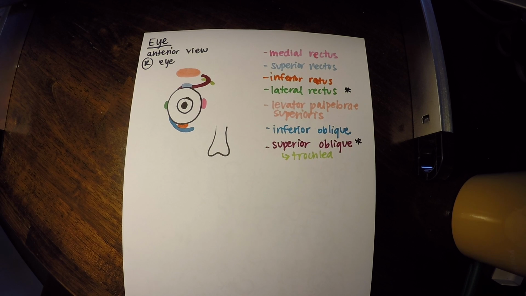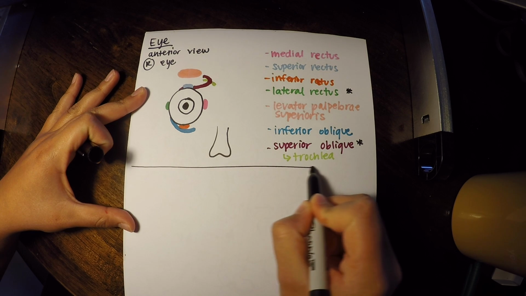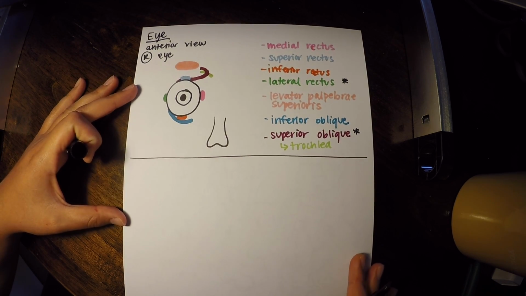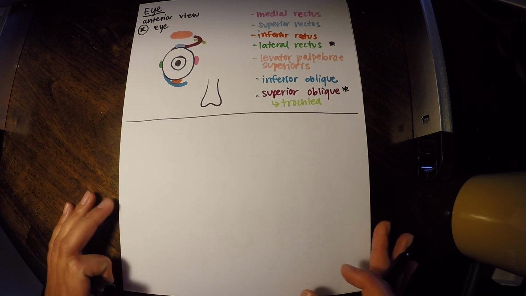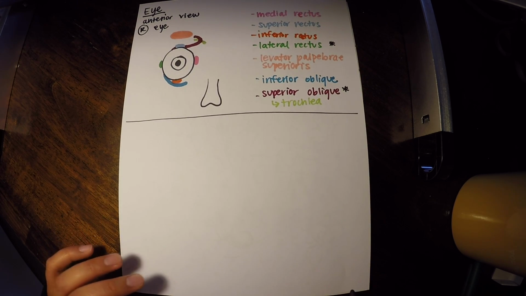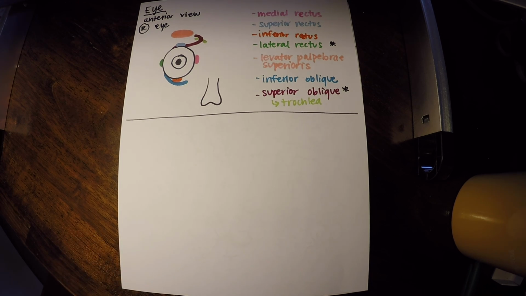Now, this covers our eye muscles, and the next thing we're going to cover is our neck muscles. So let's actually do that on the same page here, since we have plenty of room. Now, again, as is the case for most of these muscles, we won't cover every single muscle in the body in this course. So just make note of that. We're only going to cover what I view as more relevant to clinicians, since most of the people taking this course will end up doing clinical work.